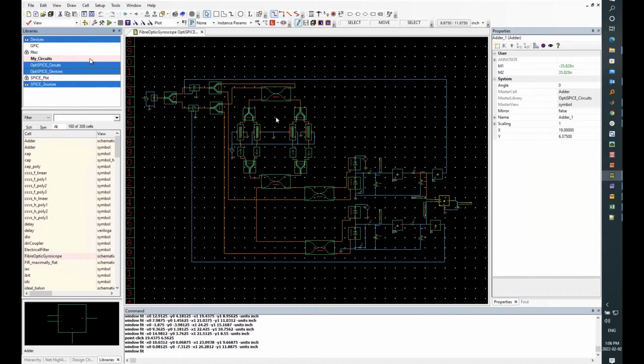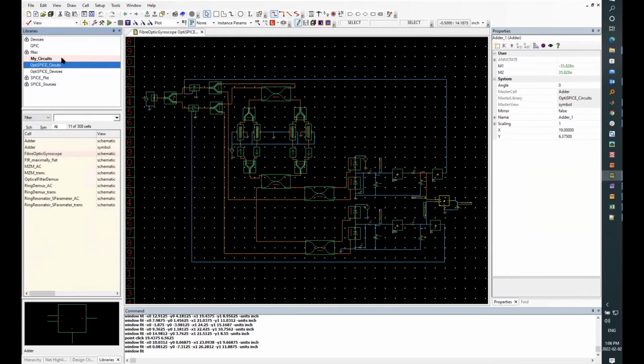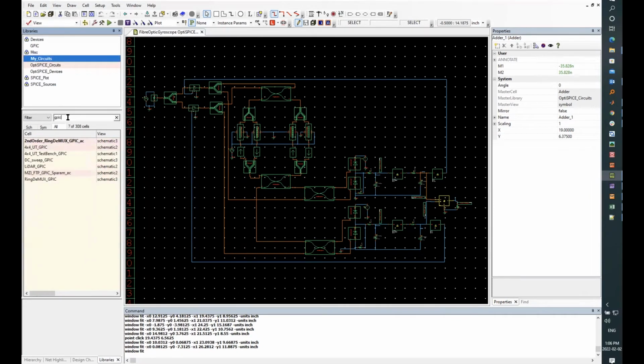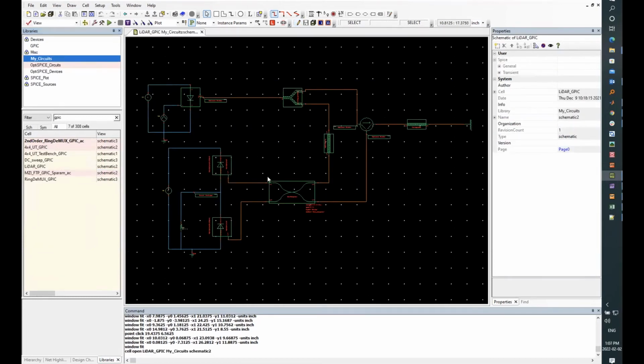Also, this can handle the reflections as well. Now, for the reflections, I'll be showing you an example of the LiDAR. So here in the LiDAR,